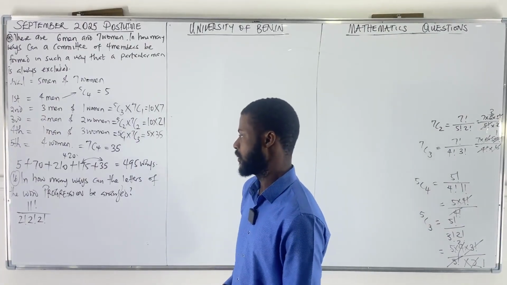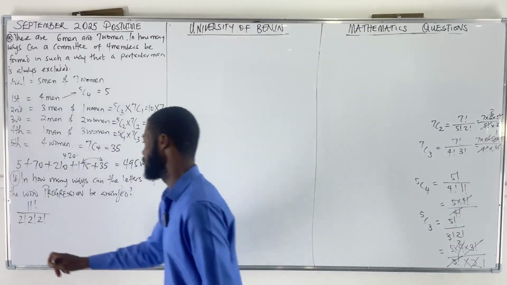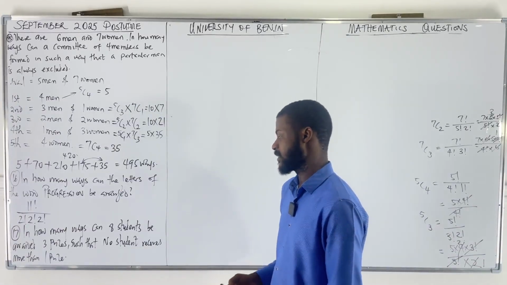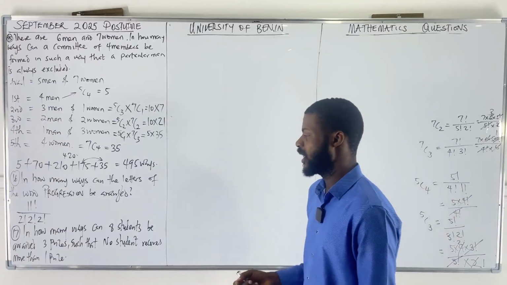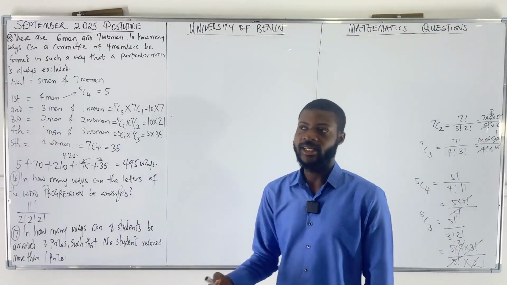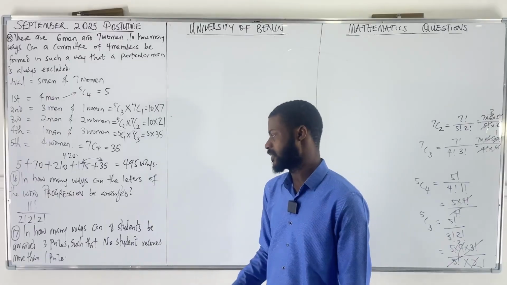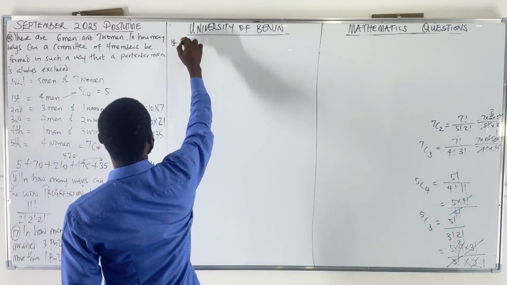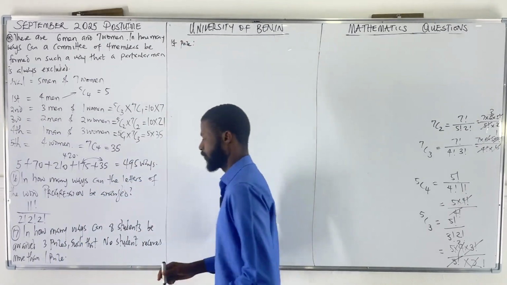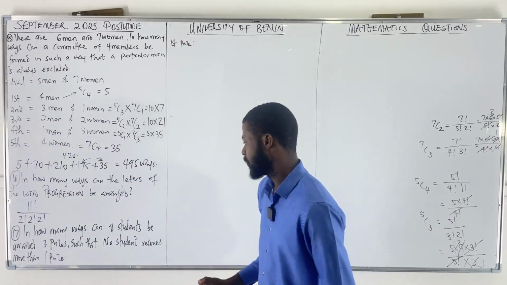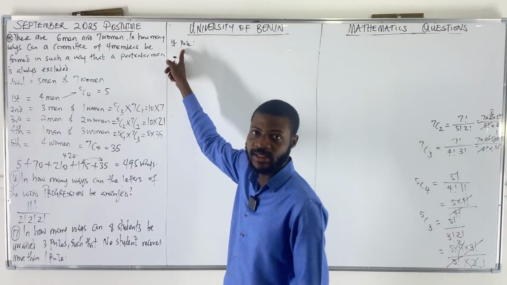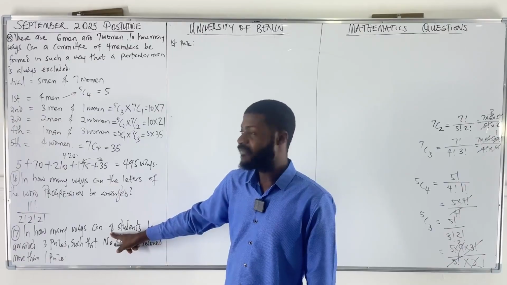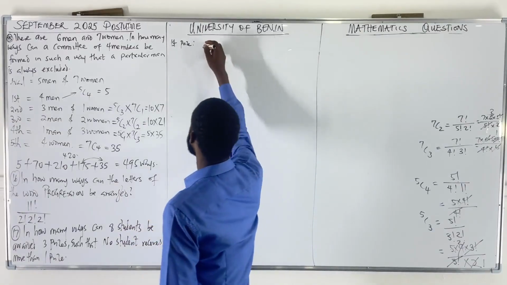Let's move on to question 17. In how many ways can 8 students be awarded 3 prizes such that no student receives more than 1 prize? Now, there's just a very simple way to do this. Now, the first prize, let's say that's the first position. When you want to get the first prize, how many persons do we have? We have 8 people. We have 8 choices. So there are 8 ways to